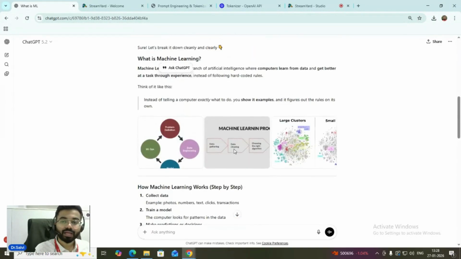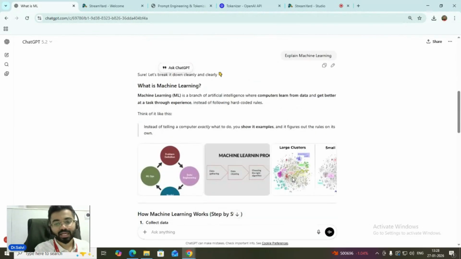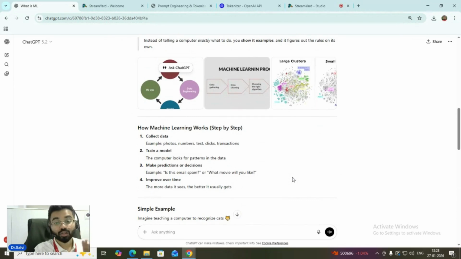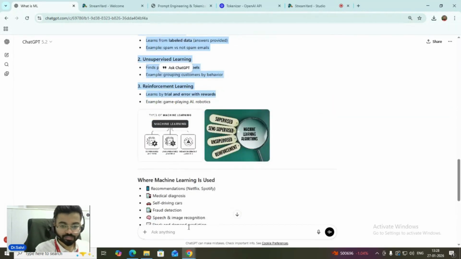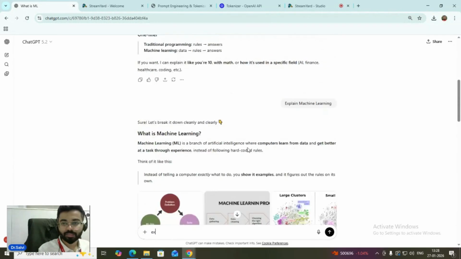So you could say, in a way, the size, the length of the output over here has been increased, right? Comparatively, the prompt that we gave, what is ML, to explain machine learning, has increased the length of the output that we have got. Okay, now let us go one step ahead. I take this step again